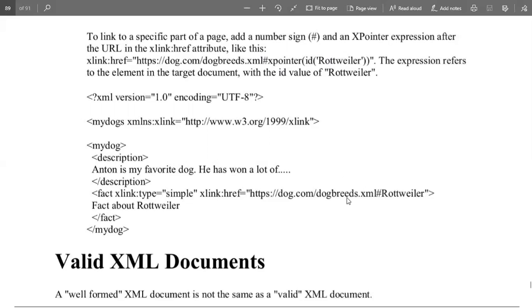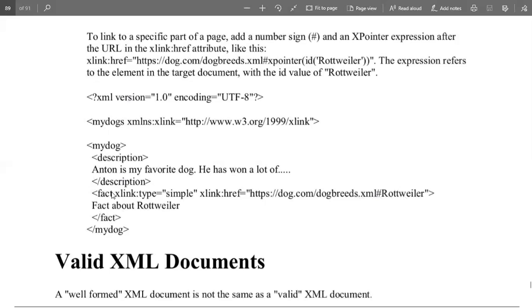That completely depends on your choice. Whatever you want to add, you can do it. Both syntaxes are correct. That means hashtag with the ID, or you can mention it in this manner, xpointer(id) with the value of the ID. After that, the tag is closed here and the myDoc tag is closed here. So this is about the XPointer we can use.